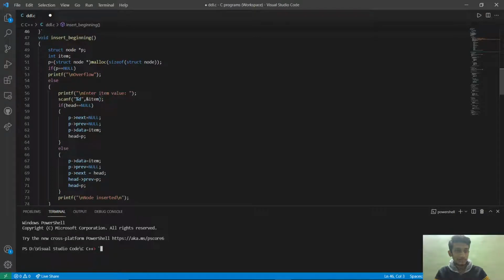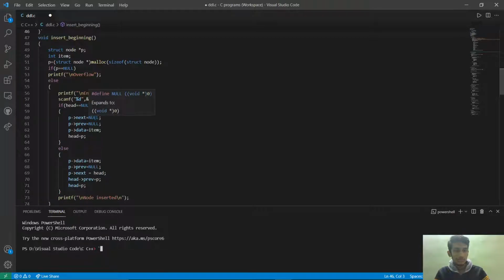Then I will enter the item value, and if head is equal to null, p next equal to null. The p next means the next has to be null, because this is the first element we are creating, so no other element will be there.